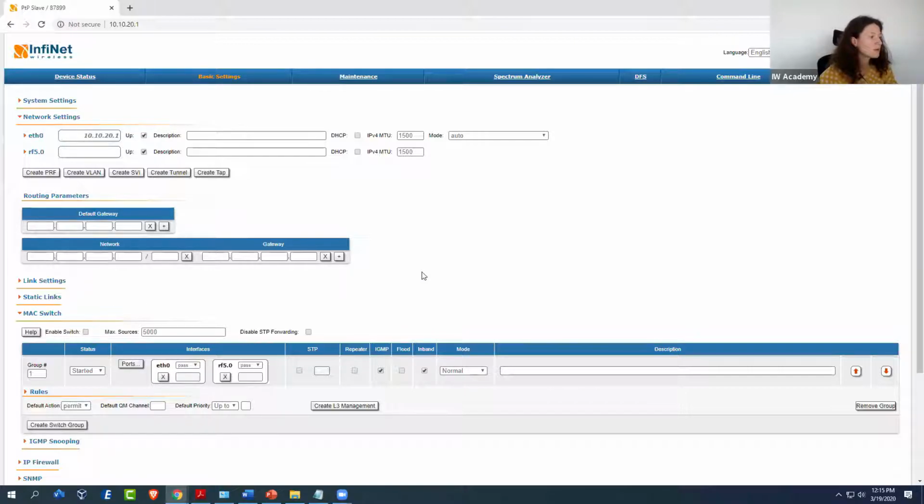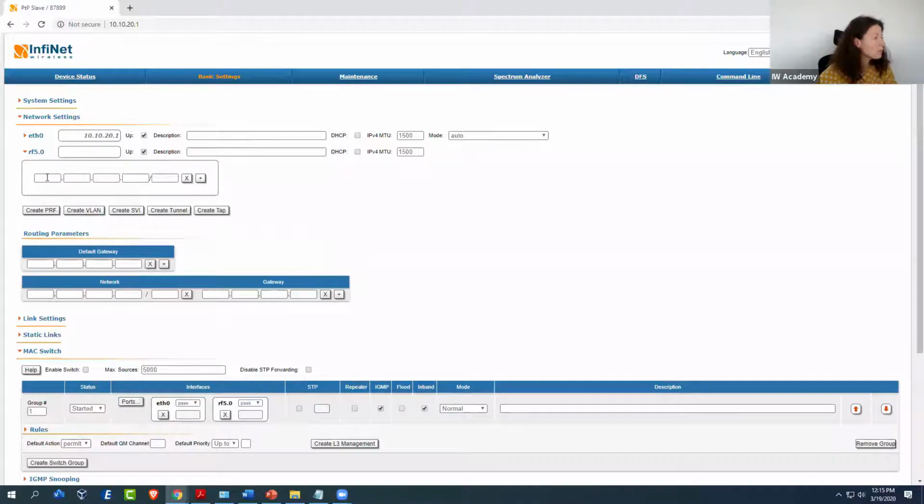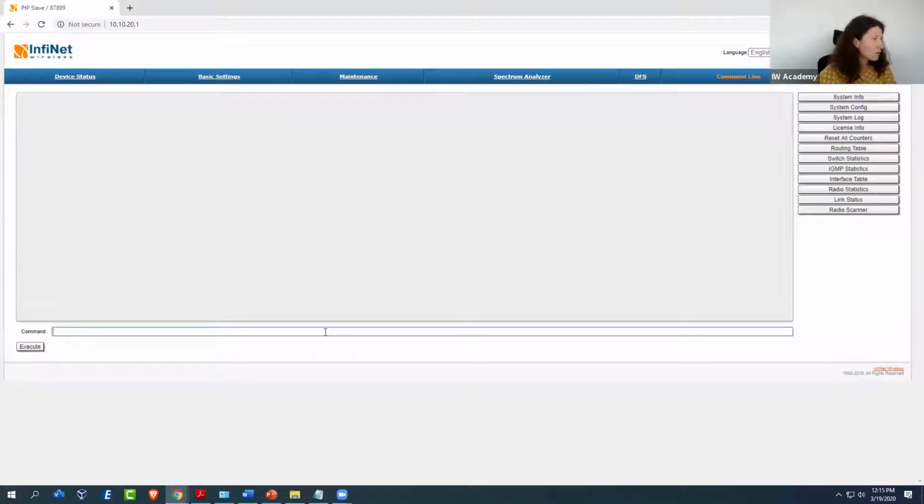Since most of the configuration for routing is performed from CLI, it is best that we assign IP addresses also from the CLI, because if we assign, let's say, IP addresses here and add static routes in the command line, we might have inconsistencies in saving the configuration of the unit. So let's proceed with the configuration from the command line. I will not change, in this case, the IP address of the Ethernet interface, because it's exactly the one that we are using in our setup. So I will just configure the IP address of the RF interface.